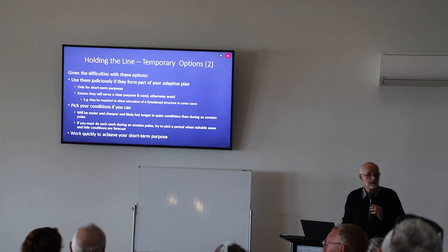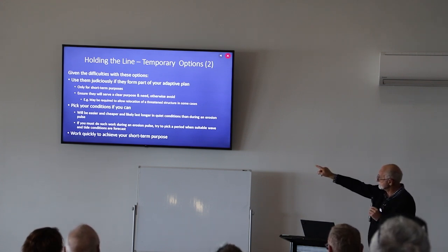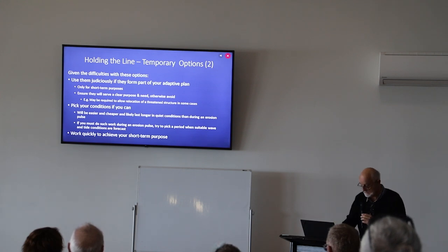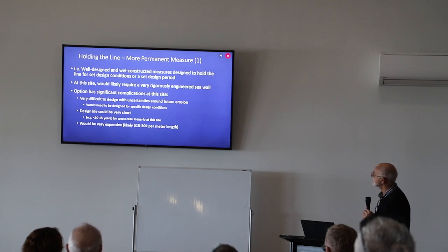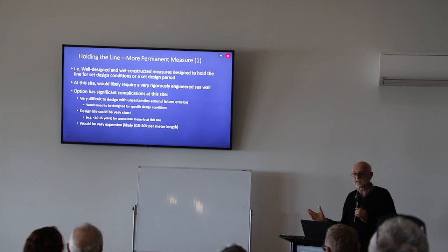So if you have to do some push-up as a short-term measure, it's likely to last, and you should work quickly to achieve your purposes, because the chances are the short-term option may not be there very long if you're unlucky. Looking at more permanent measures, obviously in the last 100 years,